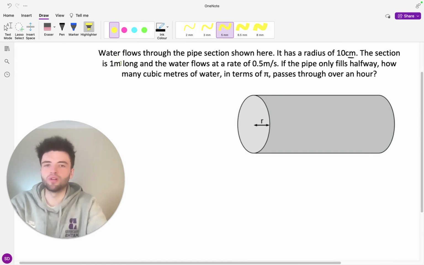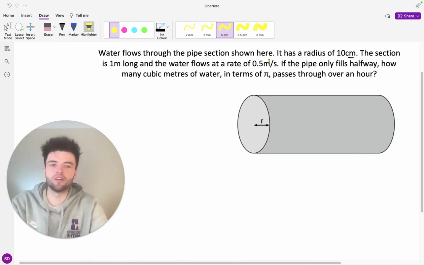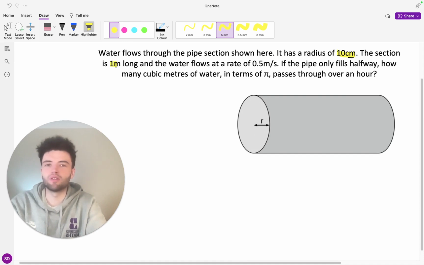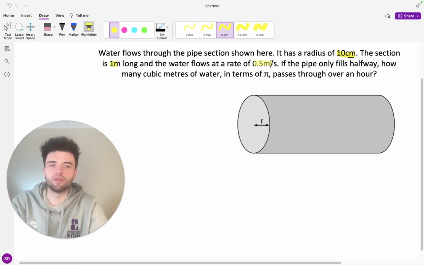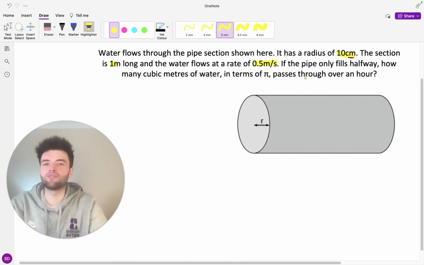So in this question, we're told that water flows through the pipe sections shown here, and we're given a diagram. We're told that this pipe has a radius of 10 centimeters. The section is 1 meter long, and the water flows at a rate of 0.5 meters per second. If the pipe only fills halfway, how many cubic meters of water in terms of pi passes through over the